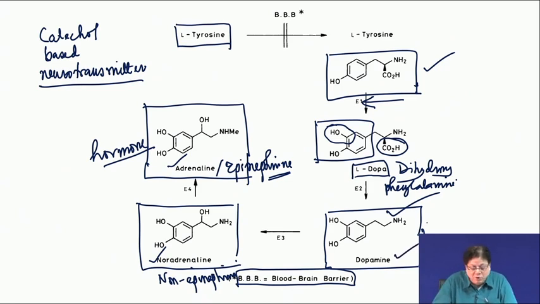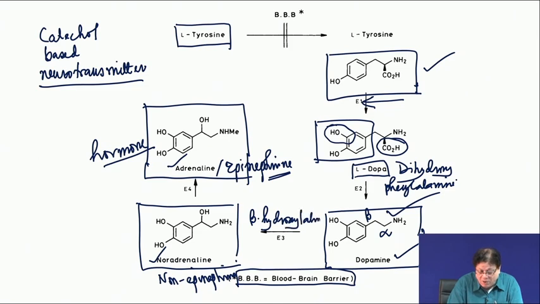Okay. And then dopamine undergoes another hydroxylation. This is the beta hydroxylation, because this is your alpha carbon from the starting amino acid, this is your beta carbon. So, once you get beta hydroxylation, that gives you what is called noradrenaline or norepinephrine, and then that undergoes a methylation, the amine gets methylated, and so it becomes NHMe, that is what is called adrenaline.